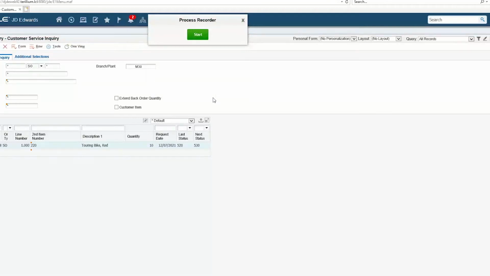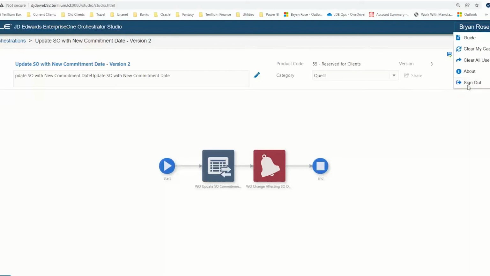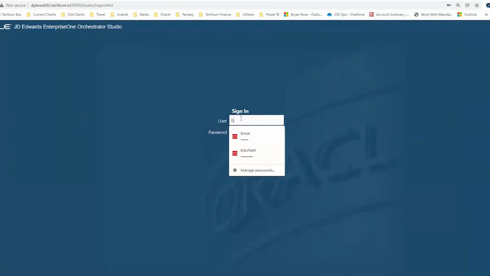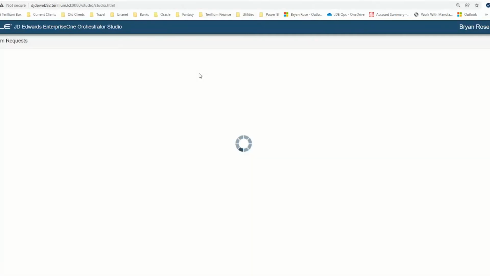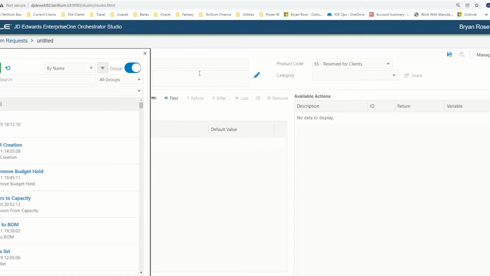All right, so now that I've created that service request, I can jump into the Orchestrator Studio, and I'm just going to go ahead and log in and log out. And each of those service requests, if you're going through an application, is going to build out a form request. So a form request in Orchestrator is me clicking through any type of view edit form. Okay, so if I come in and I look up request,